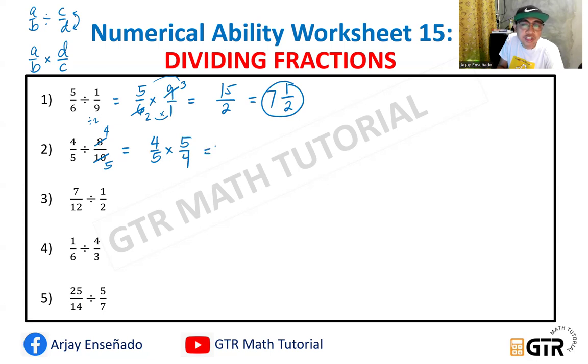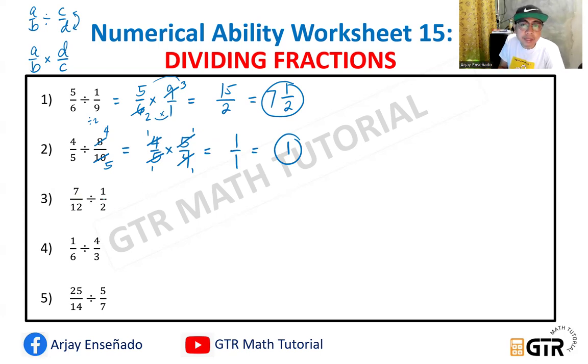And then, pwede na siyang makancel. So, parehas may 5. So, divide both by 5, magiging 1 na lang yan. Okay? So, 1 na lang. And then 4 sa numerator, 4 sa denominator. So, divide natin parehas sa 4, magiging 1 na lang. So, therefore, the answer is 1 times 1. So, we have 1 over 1 or simply equal to 1. Okay? So, next number,